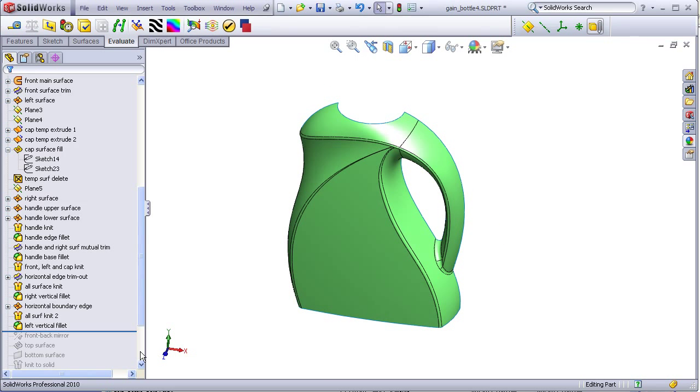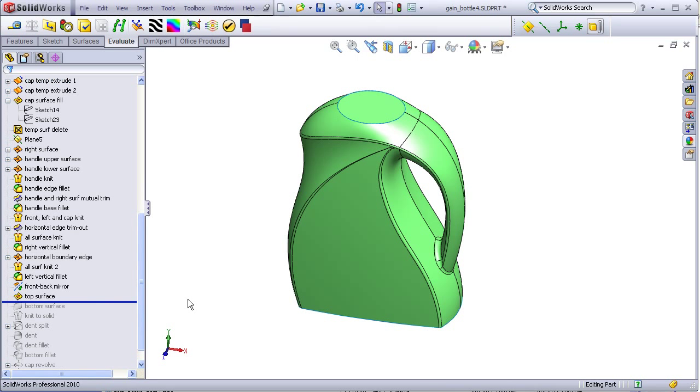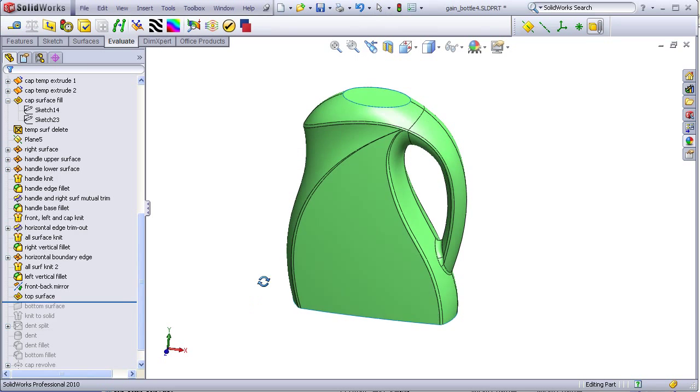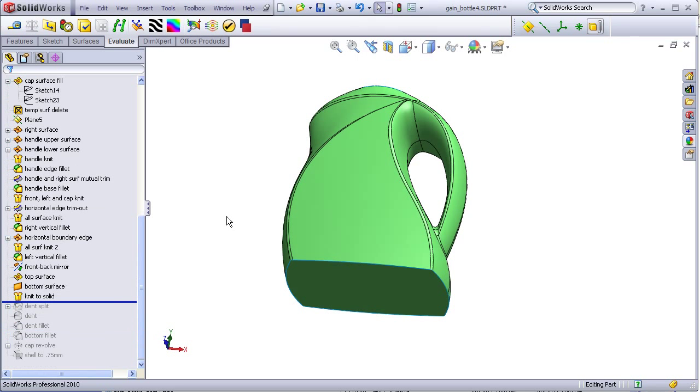You simply mirror the front and back, add a top surface. In this case I had to add a fill. I had trouble adding a planar surface for some reason. A bottom surface, knit to solid,